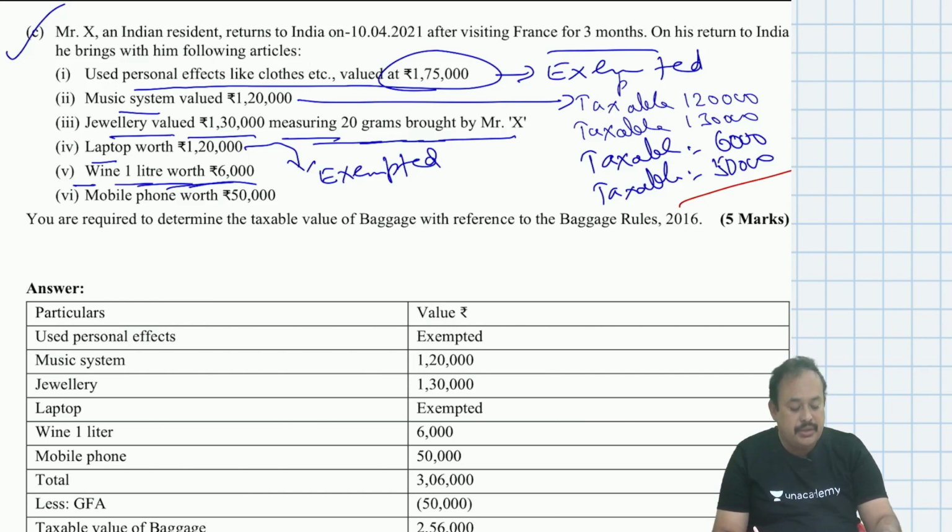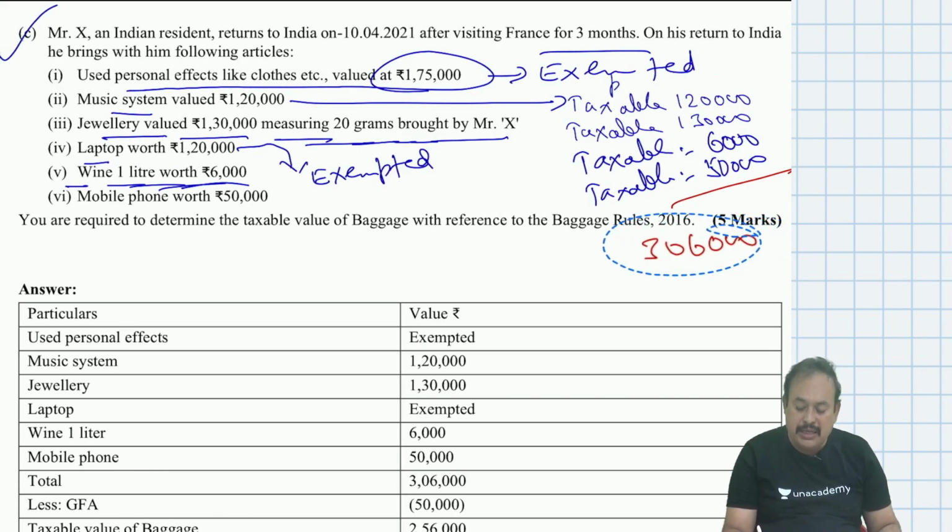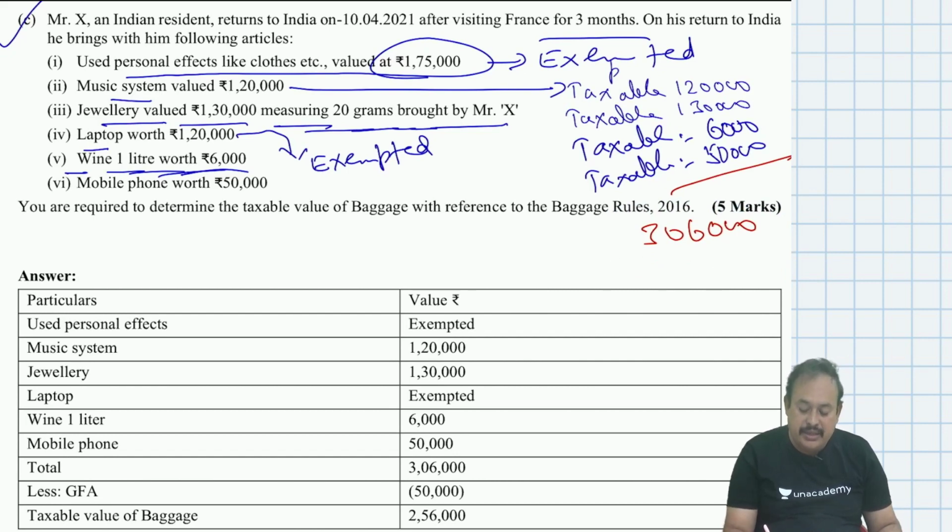The total comes to 3,06,000. From that you can deduct the general free allowance, which for an individual Indian resident is rupees 50,000. The balance